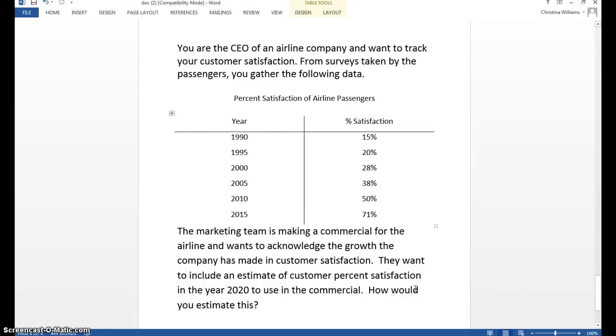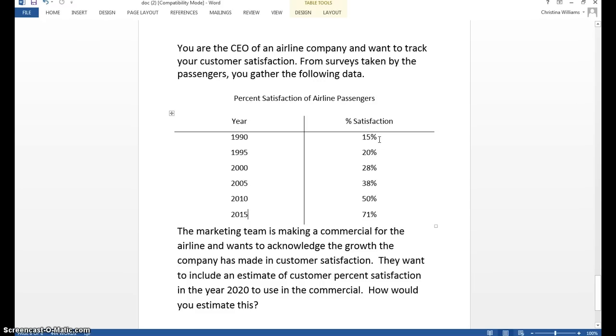Okay, we have a question here. You are the CEO of an airline company and want to track your customer satisfaction. From surveys taken by the passengers, you gather the following data. So from 1990 to 2015, so today, we have the percent satisfaction of the people who are flying with our